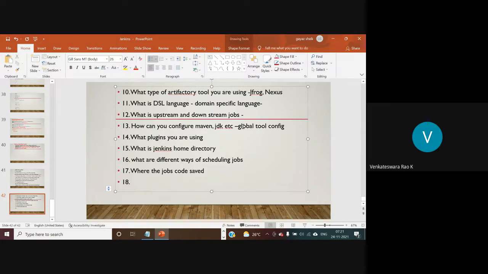In the global tool configurations, we have to add the Maven home path and the Java home path, and whatever tools we need, we can add the path for our third-party tool. Whatever software we need, we have to give the name and provide the path. So the first step is to go to global tool configurations, and under it we change the configuration for Maven, JDK, etc.